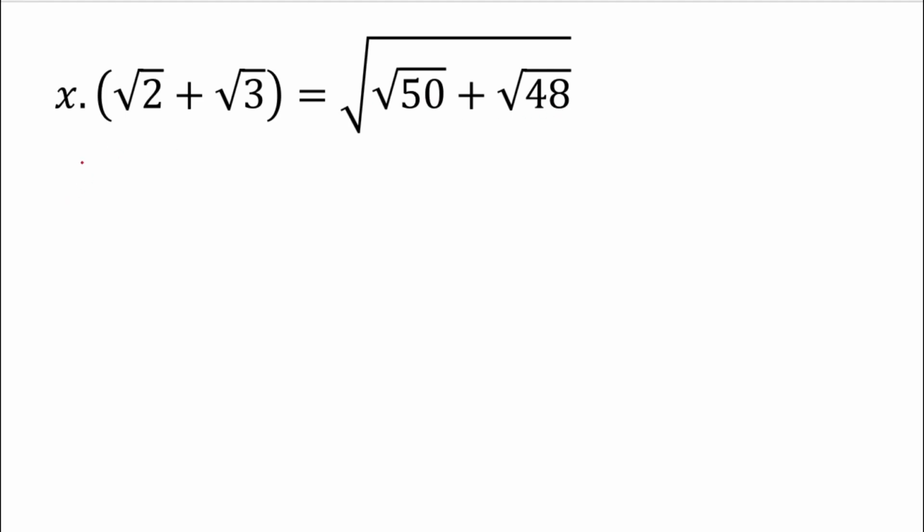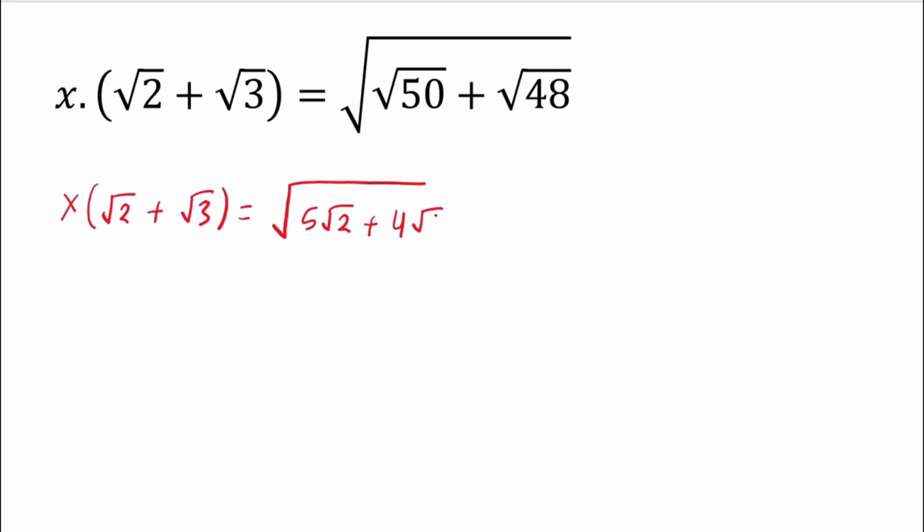In the left hand side we have x times (square root of 2 plus square root of 3), and this is equal to, in the right hand side, square root of 50, which is the same as 5 times square root of 2, plus square root of 48, which is the same as 4 times square root of 3. Now in the right hand side we have a square root, so if we take the square on both sides,